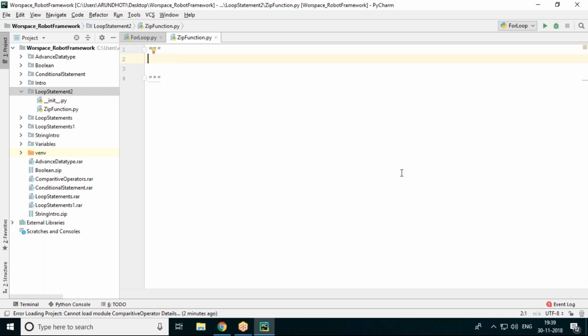Zip function actually combines two lists, or more than two lists, and gives a combined list. And the second thing that you need to understand is